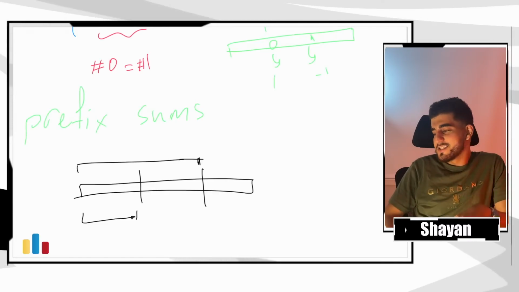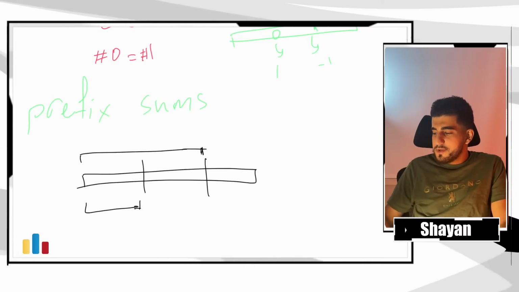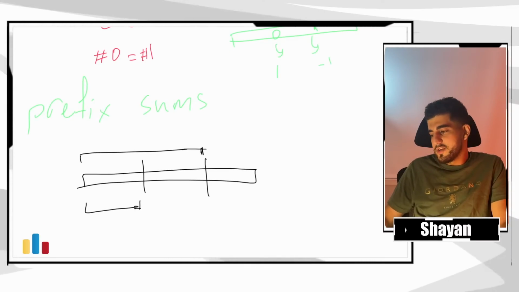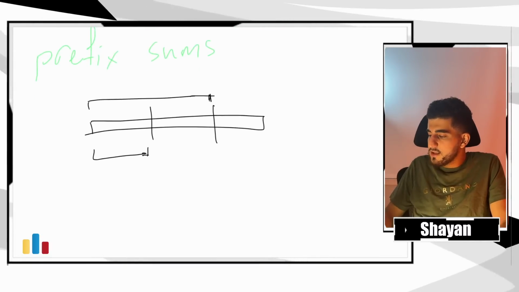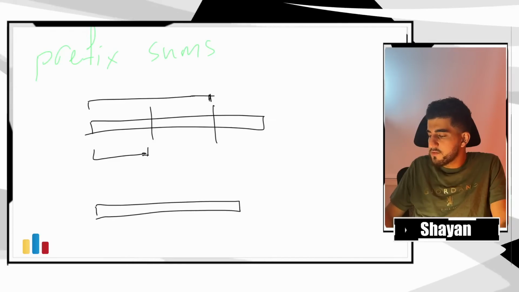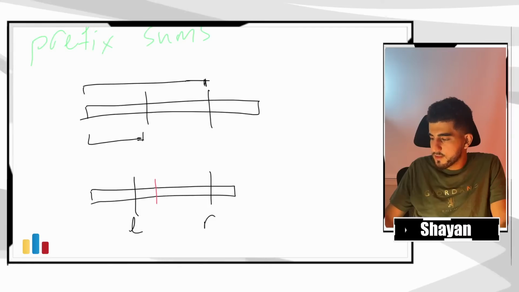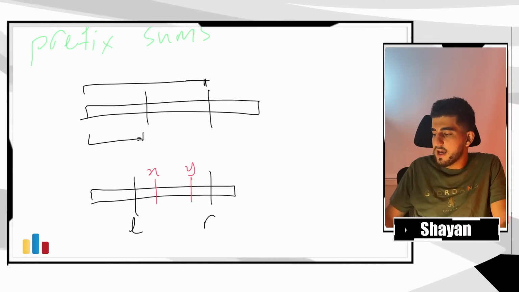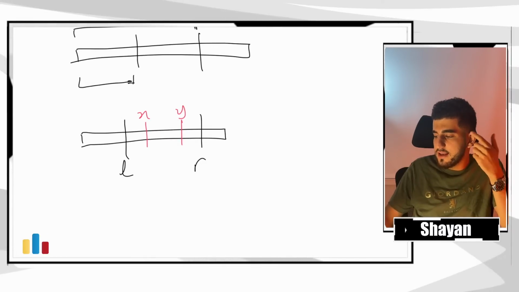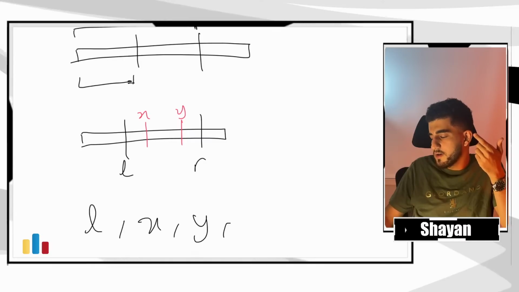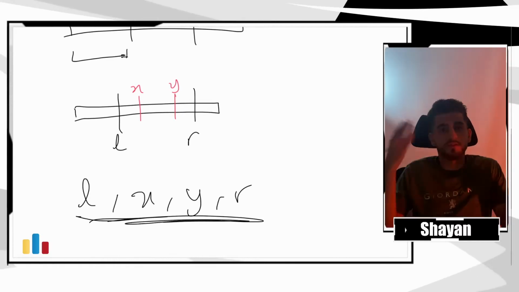So these two must be equal in the prefix sums array. So now the point is that instead of calculating the good X and Y's for each L and R, let's for each X and Y calculate the good L and R's. Anyway, we want to count the number of tuples of L, X, Y, R. We want the number of these. So instead of for each L and R, seeing how many X and Y's will work,